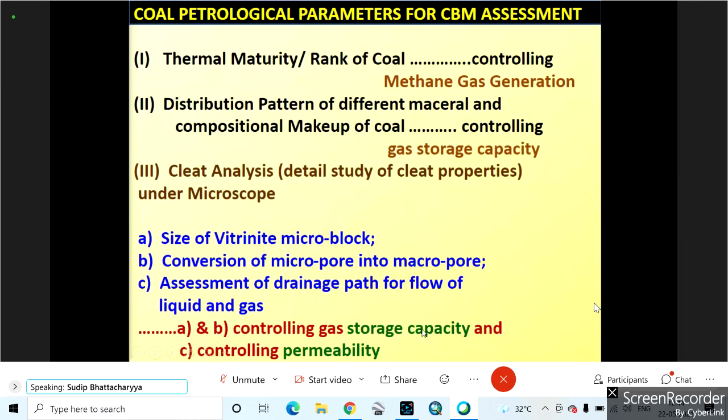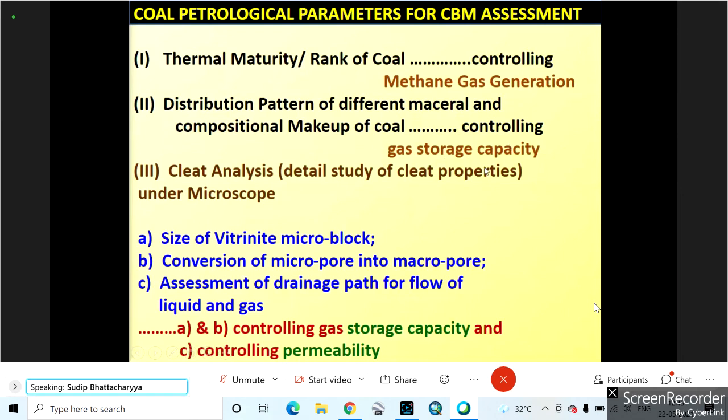So during the formation of the coal, gas is generated and the gas is entrapped within the coal itself. Afterwards we will analyze the coal and see how much gas will be entrapped over there, and we can take cognizance of whether that gas may be utilized as a hydrocarbon source. For this, some coal petrography is needed, and one very important part of this is thermal maturity. Again, methane gas generation, we have seen it already in the table. Distribution pattern of different minerals, that is the compositional makeup of the coal,